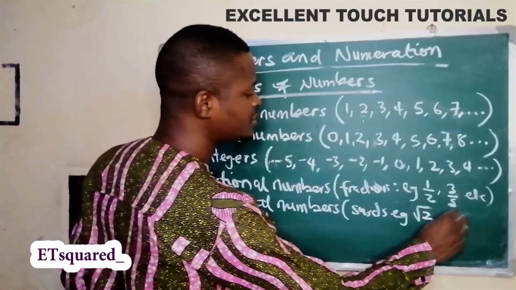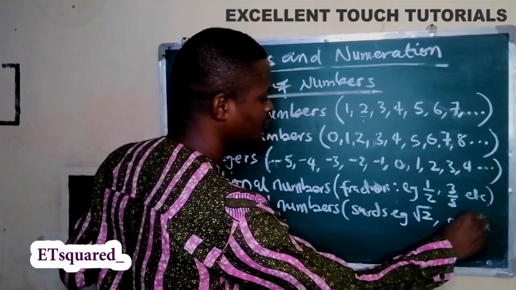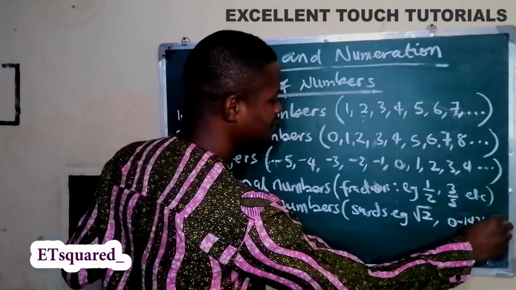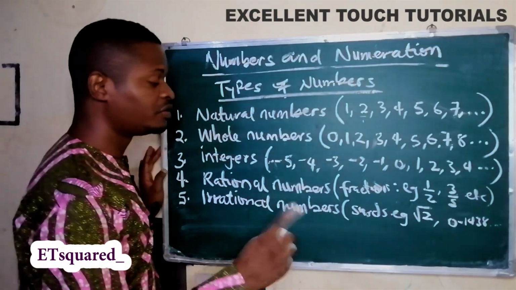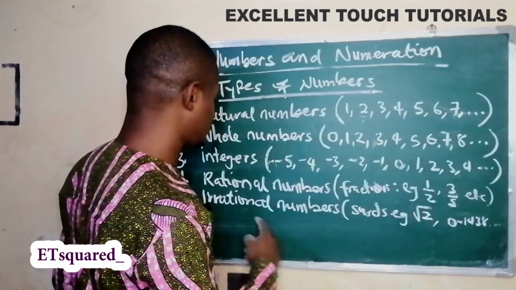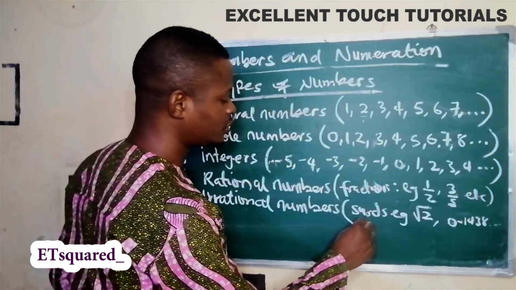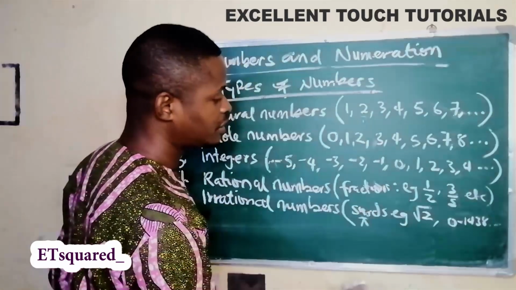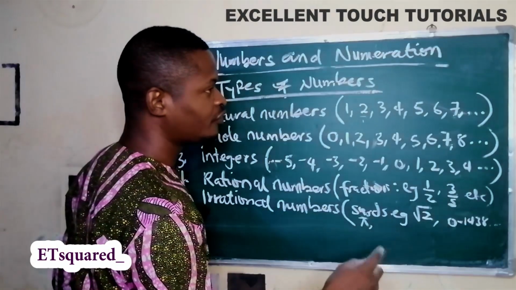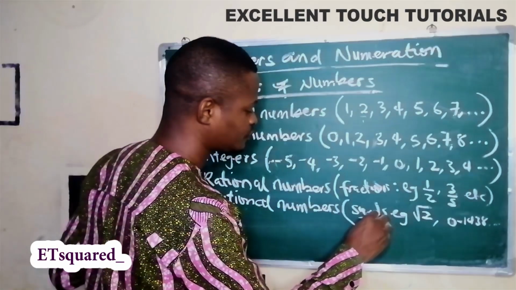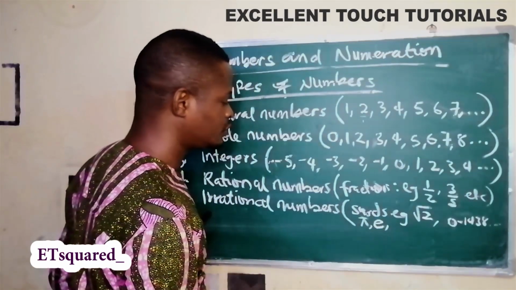And next is non-repeating decimals. For example, 0.1438, and then the decimal continues indefinitely. They are all examples of irrational numbers, non-repeating decimals. And next example of irrational number is some symbols such as pi. They are all examples of non-repeating decimals though. Pi, which is actually 3.142 and so on, and then natural log, and so on and so forth. Then number 6